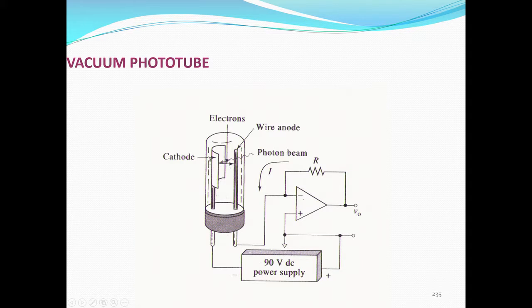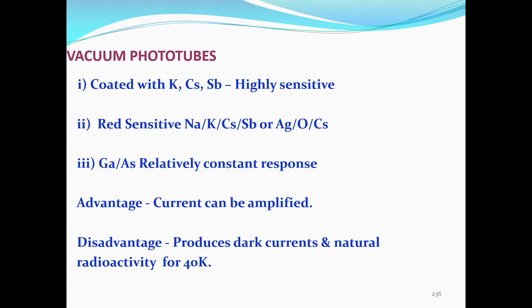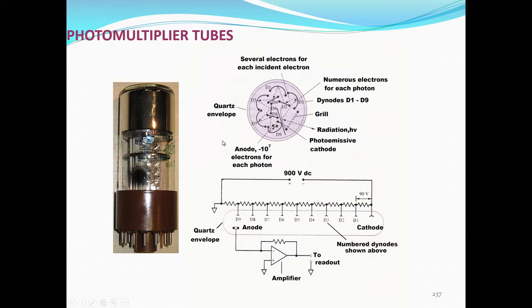The radiation falling on the photomultiplier tube is arranged, the phototube cathodes are arranged like this, 1, 2, then 3, 4, 5, 6, several diodes. These are known as diodes,